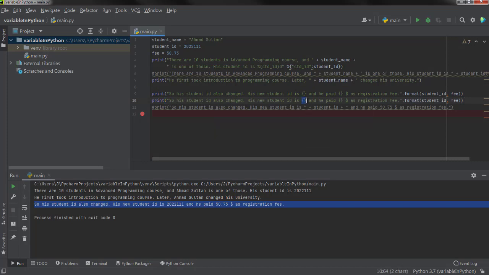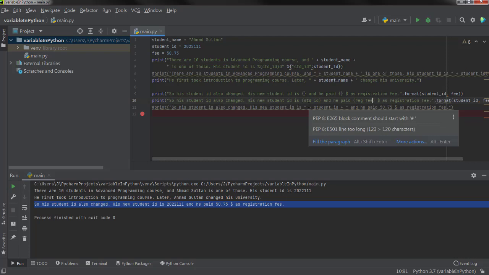Instead of these brackets you can use the curly brackets, and again I will define a temporary variable student ID, and here I will define a registration fee. But now you can see here, sorry, I wrote it wrong, I have to replace this with these brackets.